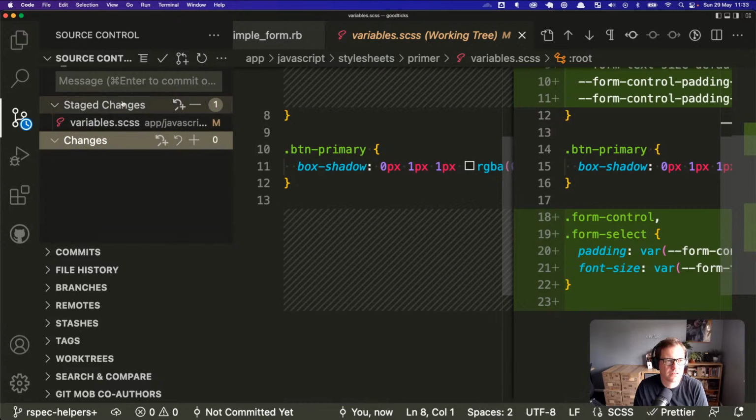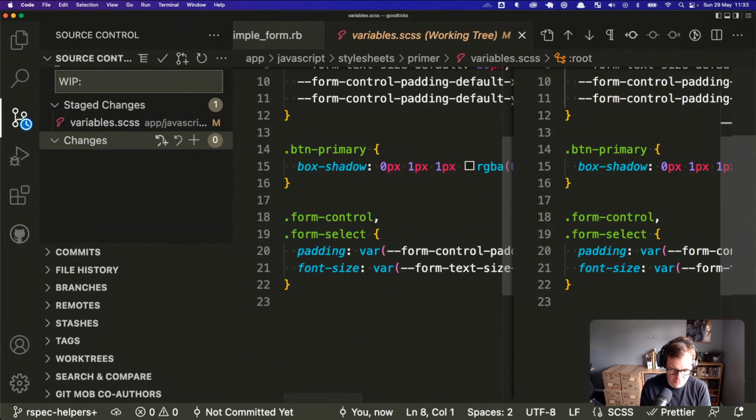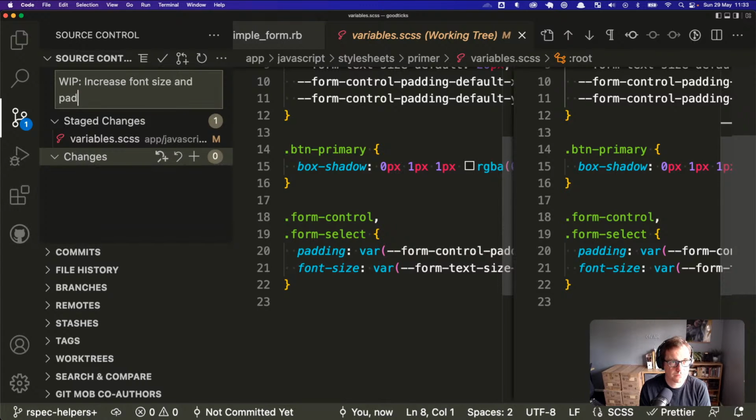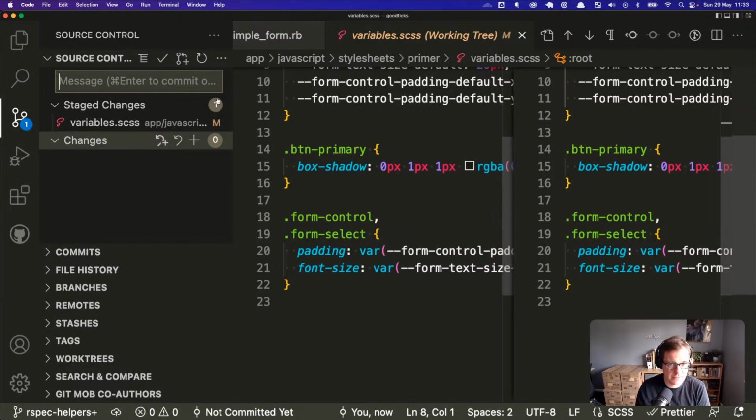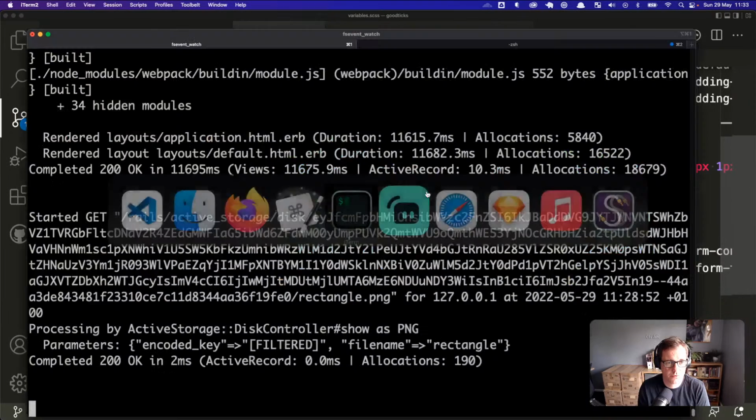So let's just put a quick WIP commit. WIP: increase font size and padding, form controls. I'm actually going to write that down because I'm going to come back and do these. So let's do a proper